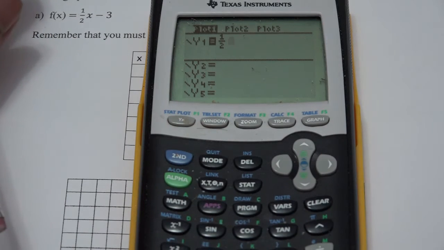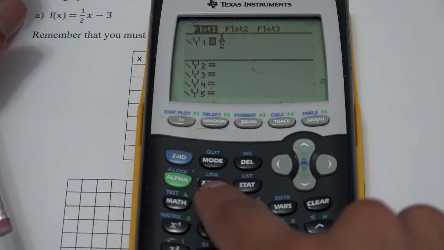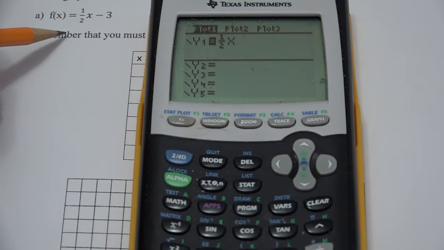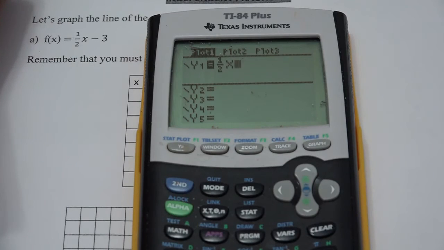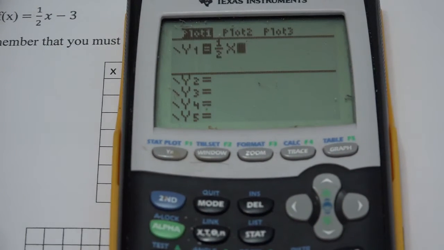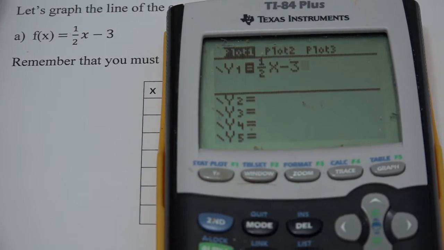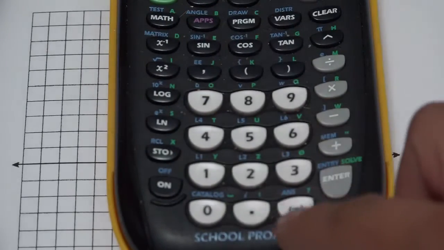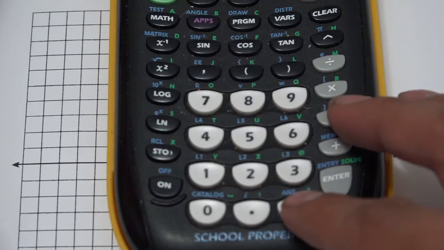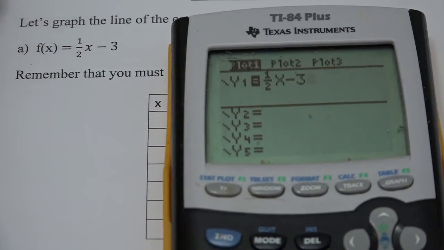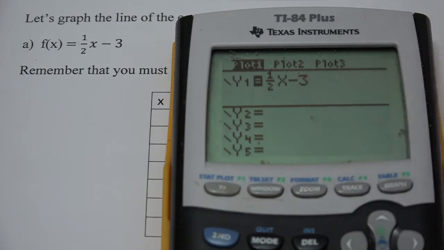You see, now that you move over, this button is gonna give you X. So I have the 1/2 X part in there. See that? And then of course, put -3. All right, this is a minus and this is a negative. Okay, the calculator makes a distinction. When we write it, we shouldn't make a distinction. All right, so now that we have the equation on the calculator, all we have to do is press